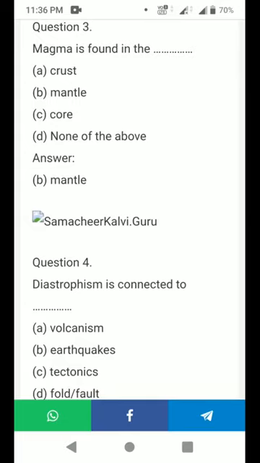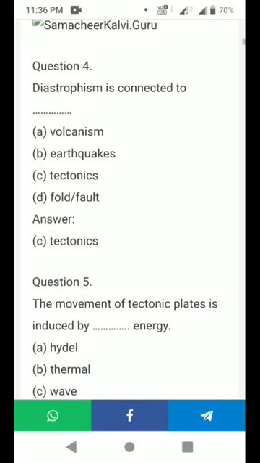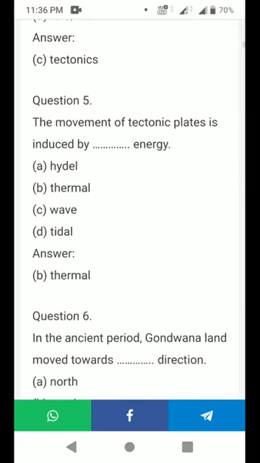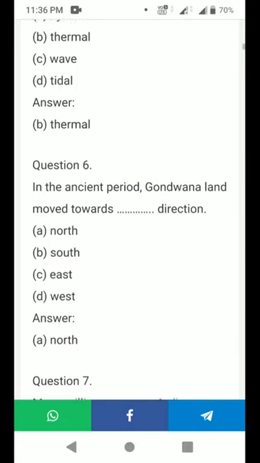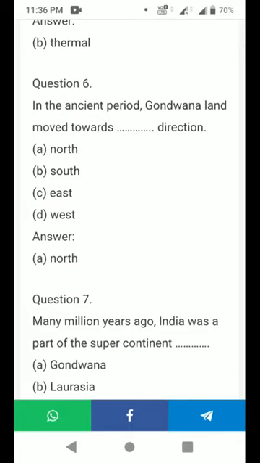That is option B. Next, fourth question, diastrophism is connected to dash. Tectonics. Fifth question, the movement of tectonic plates is induced by dash energy. Thermal energy. Sixth question, in the ancient period, Gondwana land moved towards dash direction.